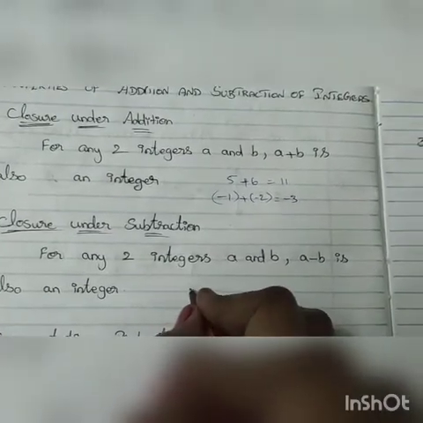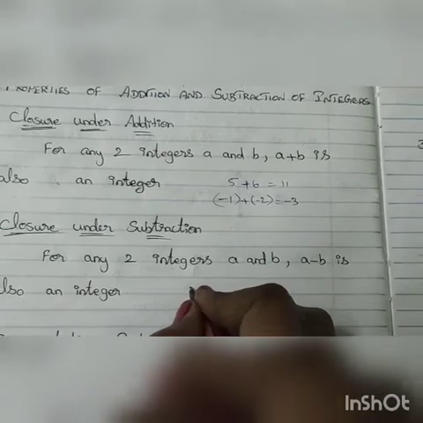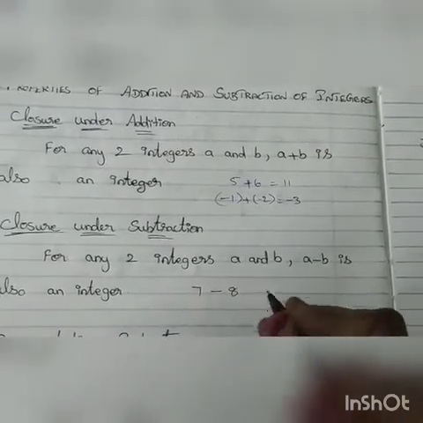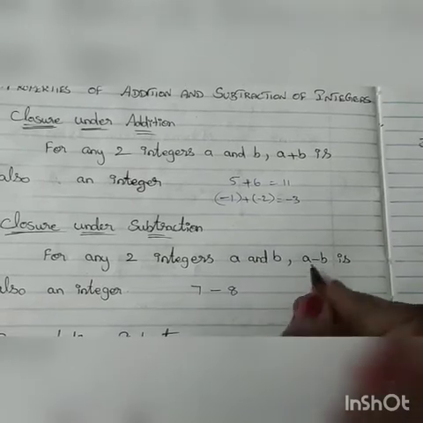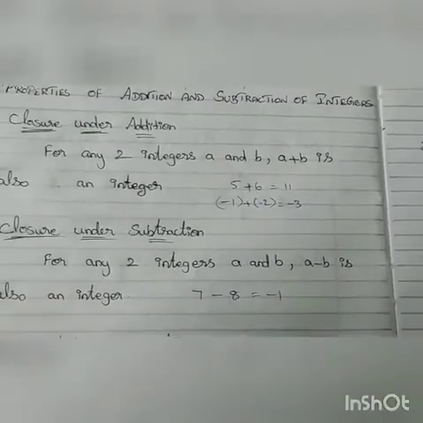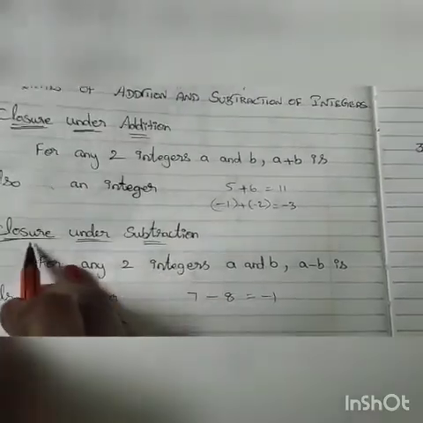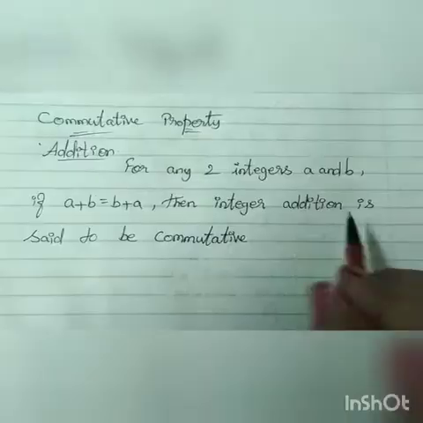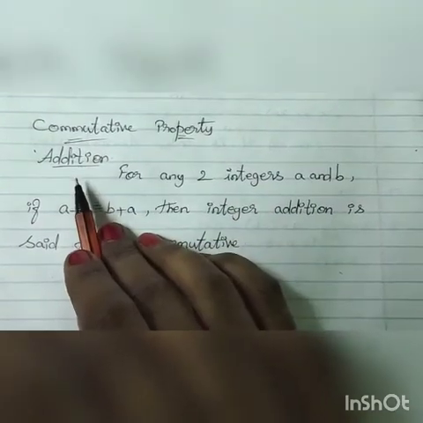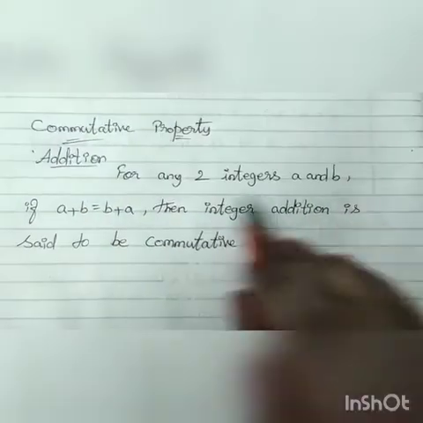The same way, if you take 7 minus 8, where a is 7 and b is 8, we get minus 1. This is also an integer. So this condition satisfies. Next, for the commutative property in addition, for any two integers a and b, if a